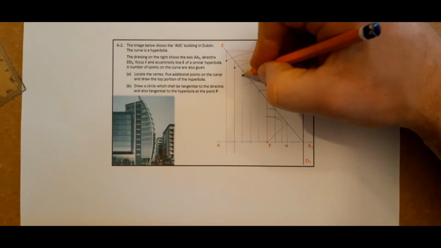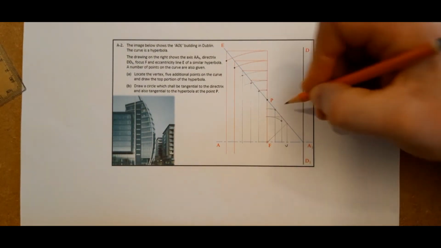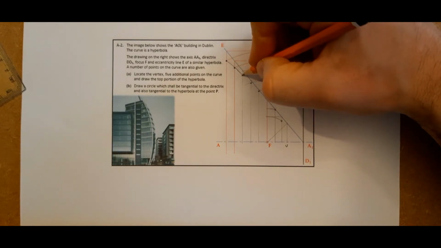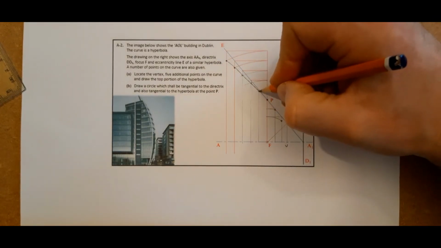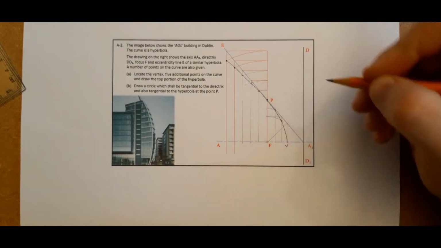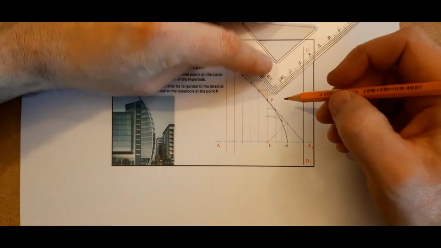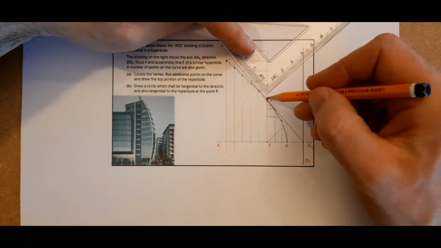Now, when you have your points there, we can do in our freehand curve. Part B then says, draw a circle which shall be tangential to the directrix and also tangential to the hyperbola at P. So if it's going to be tangential at P,